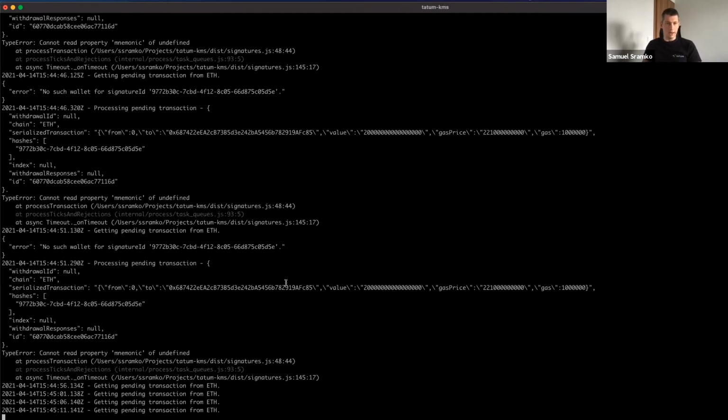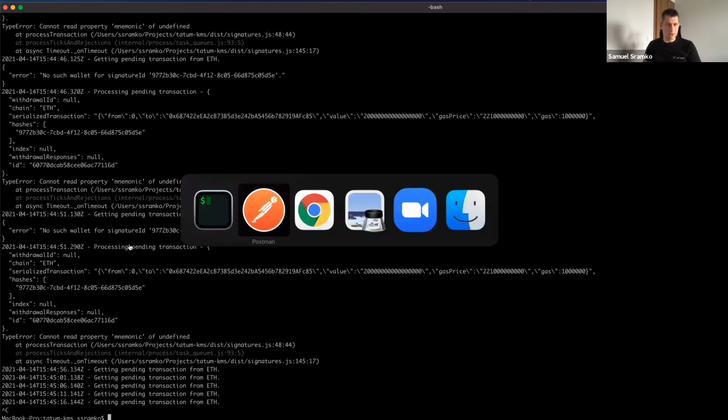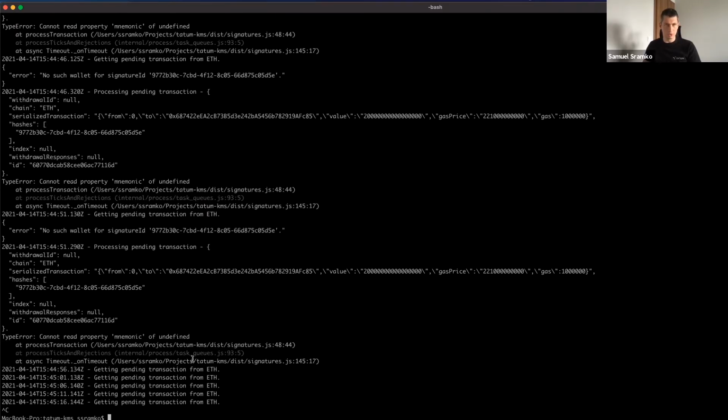Okay, maybe one last thing I want to tell you and show you. A lot of developers are asking why my transaction is not signed. There's some error about mnemonics and the addresses and stuff like that. It's very important to know which type of wallet you are using for which type of transfer. When we check